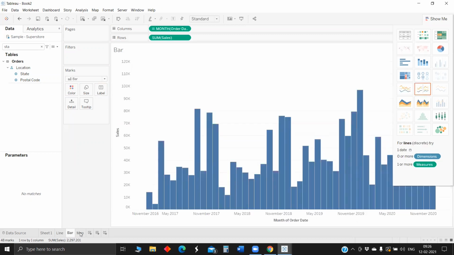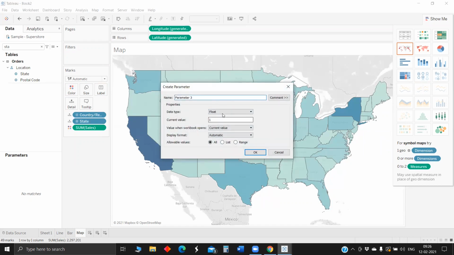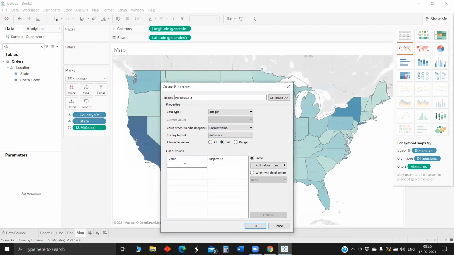We have 3 charts, so now we will put all of these in a dashboard. Before that, we will create a parameter for choosing the sheet. Let me create a parameter. Let it be an integer and a list. If it is 1, then we will have bar. Then if it is 2, let's have the line.